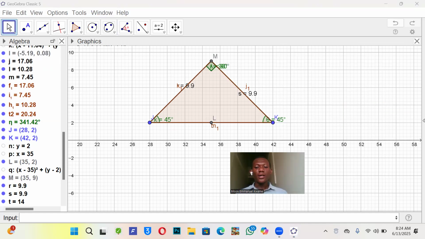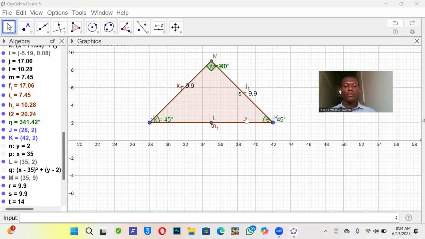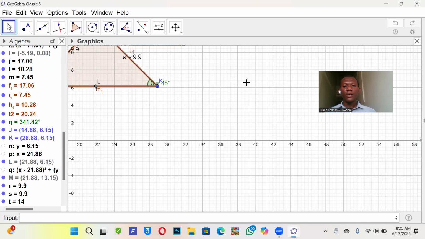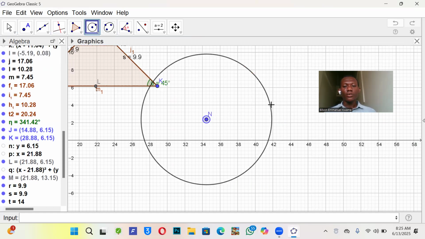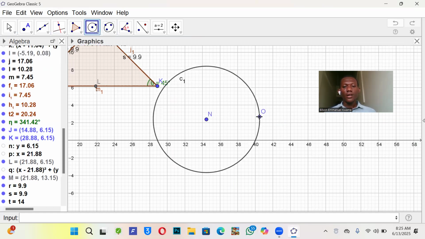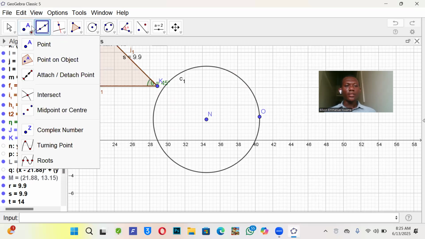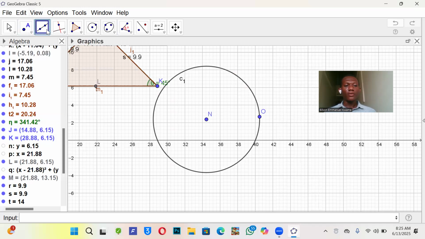Good. Another way of drawing an isosceles triangle is by drawing a circle. To draw the isosceles triangle, you just need a compass. Then you draw a circle. After drawing a circle, all that you have to do is to just use your line segments. We come here, we activate our line segments. Then we join from this point to this point. Then we can join from here